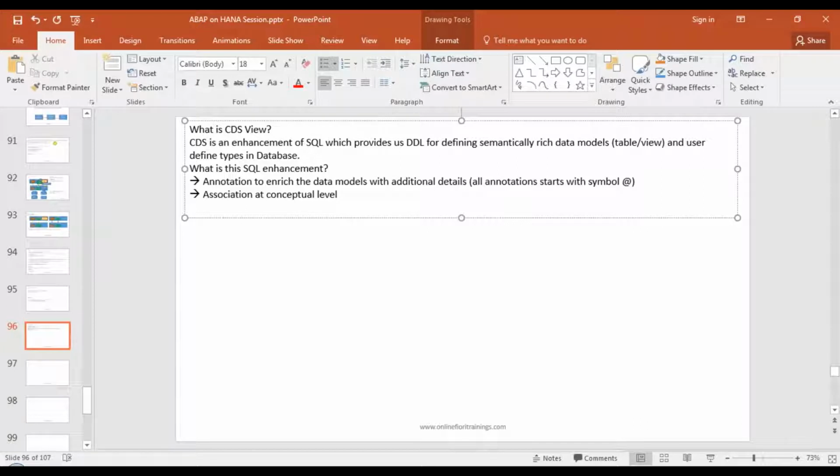We will typically be creating CDS views as entities, and then these entities will be connected using association at conceptual level. So this association concept is basically a replacement of joins. Technically it is a join, but instead of writing an inner join and outer join, you will do it using simple association conditions.